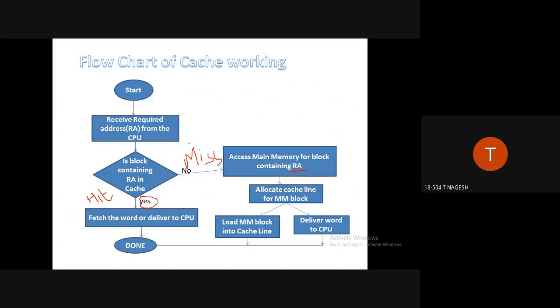So you need to handle this particular situation with a few techniques, because the data is not present in the cache memory. You need to access the data from the main memory and put it in the cache lines. That process has a few techniques to be followed, and we are going to look at those in this session. One of the techniques is the direct mapping technique. So we'll learn about the direct mapping technique now.